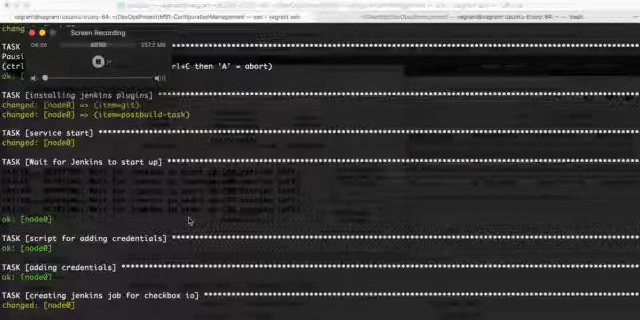Now the service is back up, and we execute a script for adding credentials. This is for pulling the Git code, so the GitHub user and password, and then we create a Jenkins job for checkbox.io. So if I go to the browser,